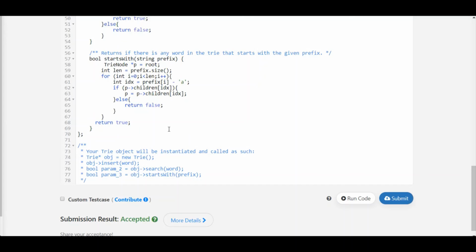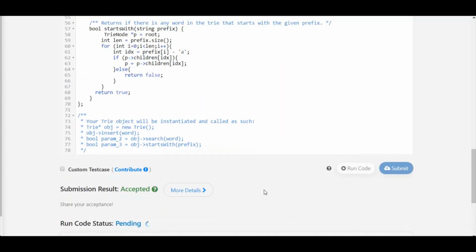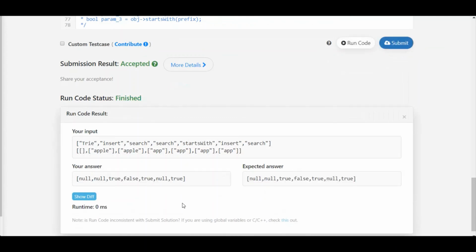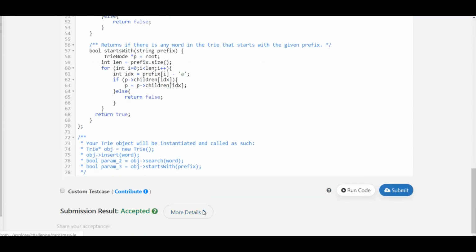It does not matter if the entire word is present or not. So we can run the code and see. So this is our answer, and if we submit, we can see it is accepted.